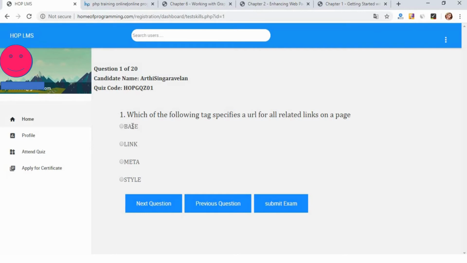For example, if you have some image in D:/images/image1.jpg, and you have provided your absolute path in the base tag, you can provide the src for your image tag as image1.jpg itself, right? So the answer for this particular question is base, right?